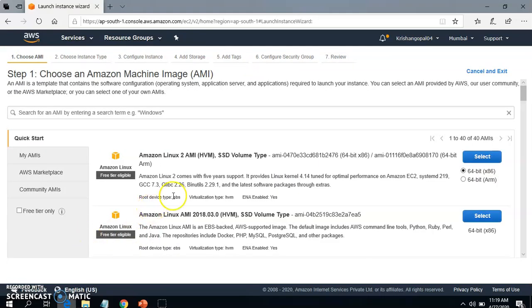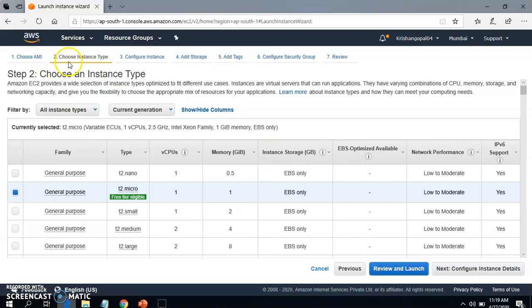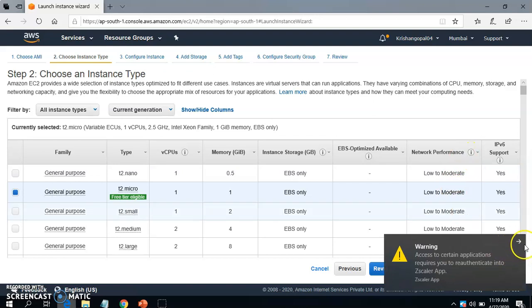Okay, and these are all the images, and right now there are 40 images showing in this console, and these are the ISOs, or you can say the images that have been created by AWS. Okay, so as of now I'm in the Mumbai data center. You can see here the Mumbai is here. I'm selecting the very first one, which is free tier eligible, and in the instance type I'm selecting the T2 micro with 1 GB RAM, one CPU, and a low performance network card.